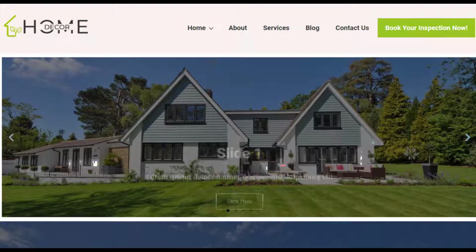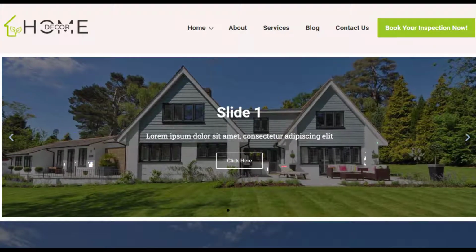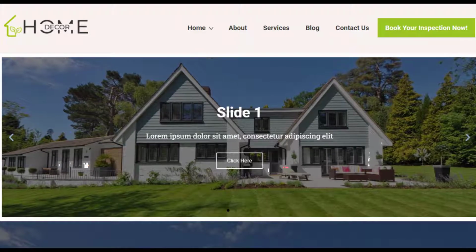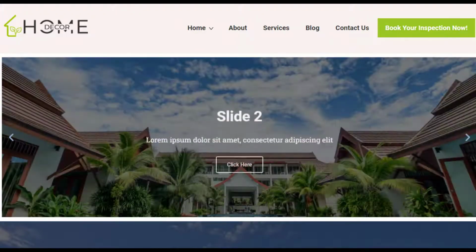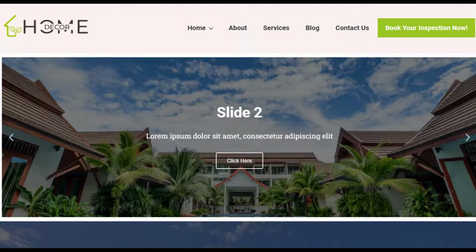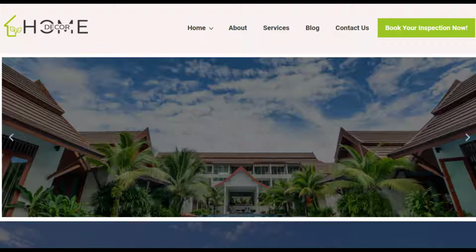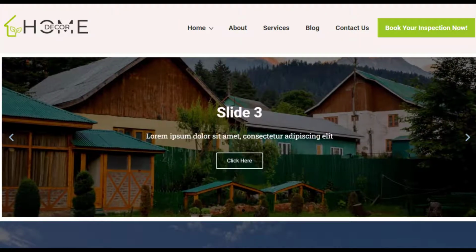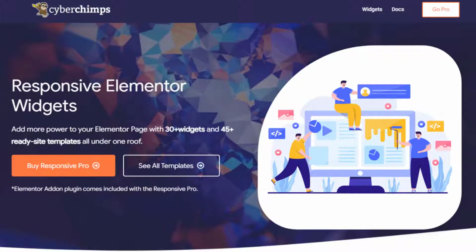In this video, we'll show how you can add and customize an image slider block to your WordPress website, using responsive Elementor add-ons. Using this block, you can create a fully responsive and smooth image slideshow of your products, services, or clients. Before getting started, you need to make sure that you have responsive Elementor add-ons installed and activated on